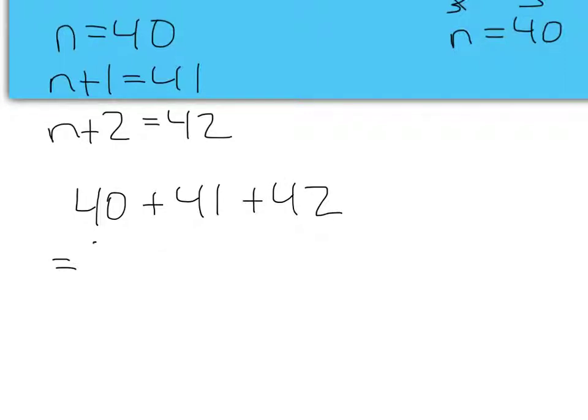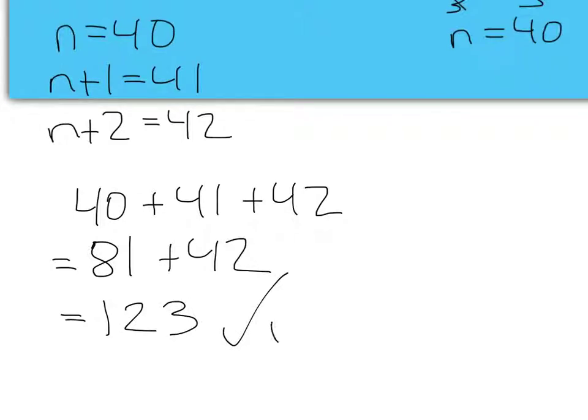Forty plus 41 is 81. 80 plus 40 is 120, plus 1 and 2 is 123. So it's been checked. So therefore statement, therefore